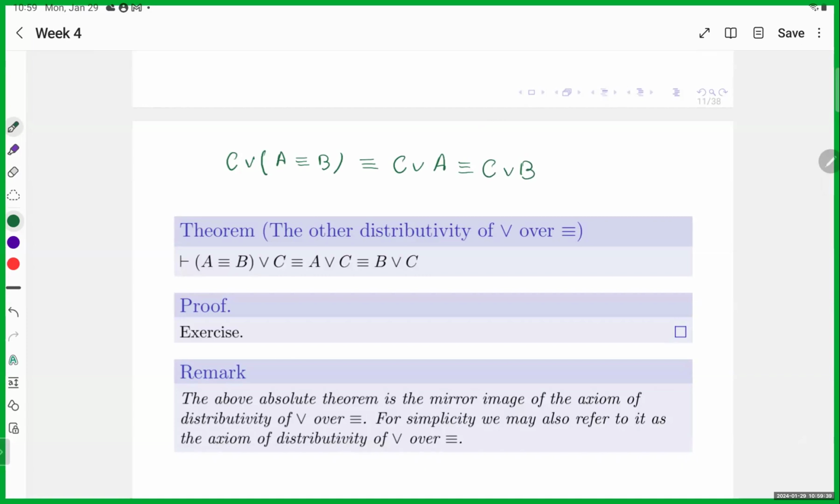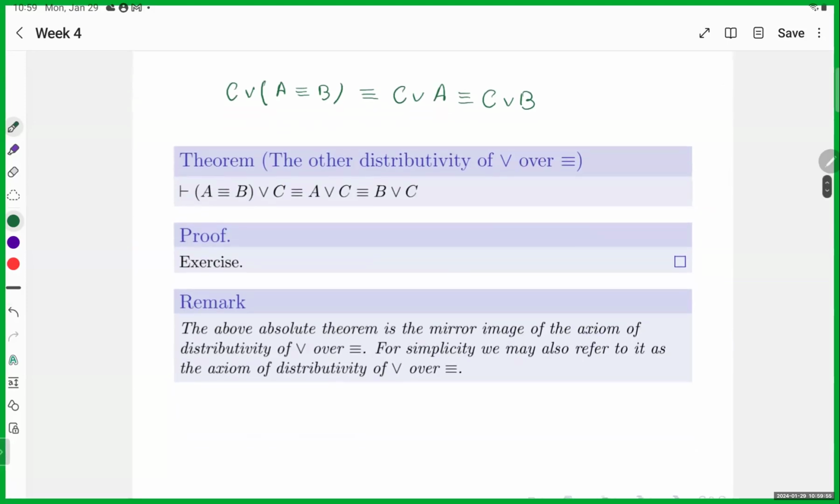Now, can I also distribute it from the right? Of course you can. You just need to apply the symmetry first, right? So even though it's not an axiom, we can first apply the distributivity, swap these two, and then I left this to prove as an exercise, but